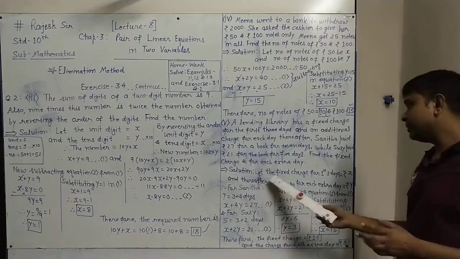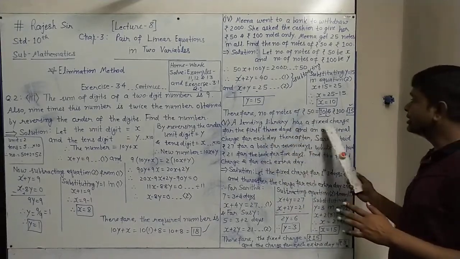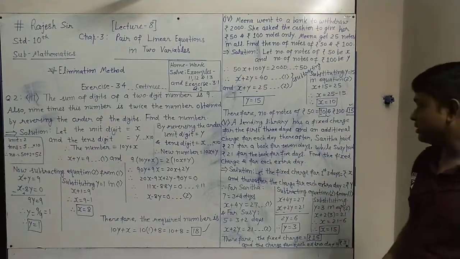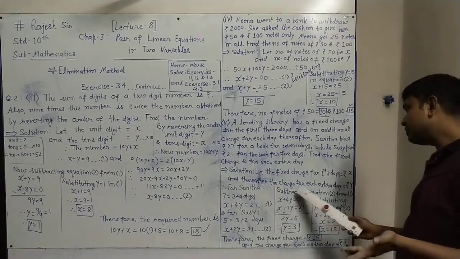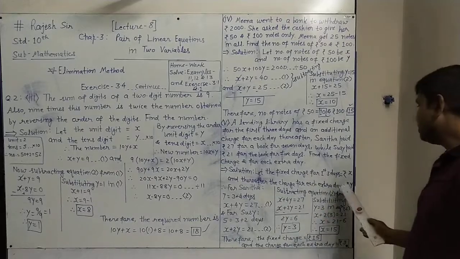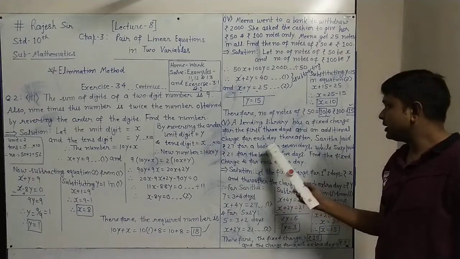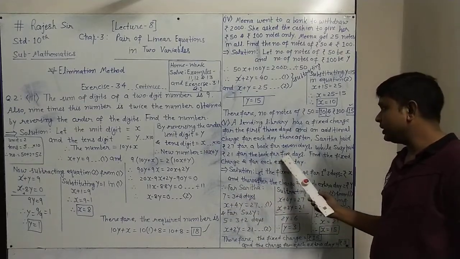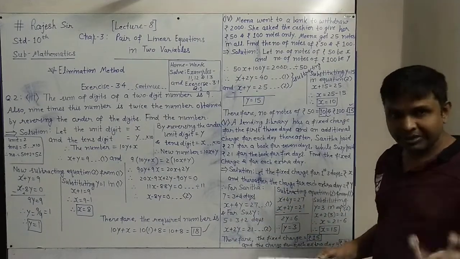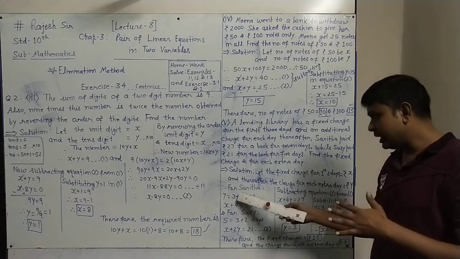So the solution is: let the fixed charge for the first 3 days be x. It will not change. Thereafter, the charge for each extra day, from the 4th day, is rupees y. For Sarita's case, she kept the book 7 days in total. In that, as per the question, for the first 3 days the charge is fixed, and for the remaining 4 days there is a charge for each day.